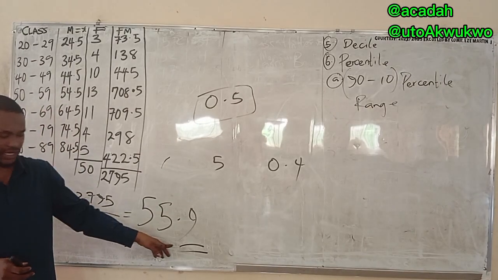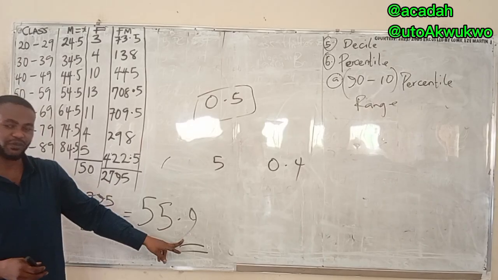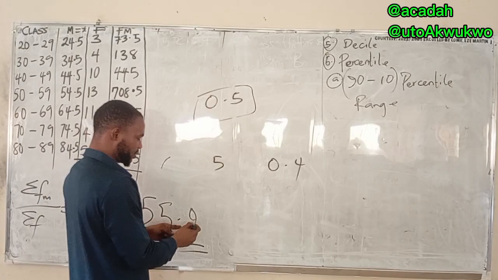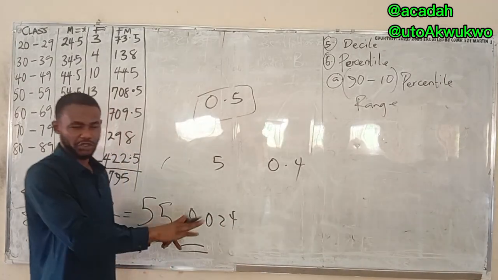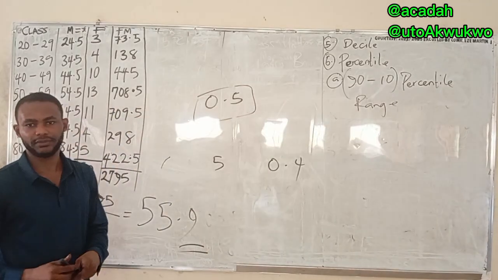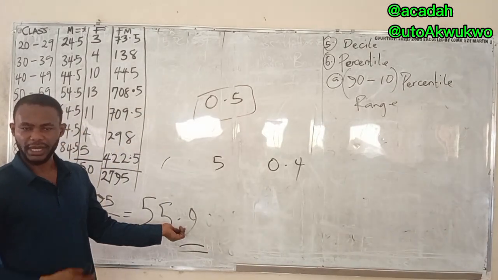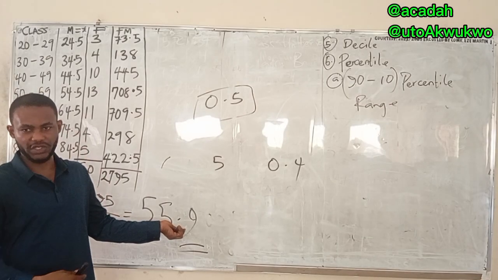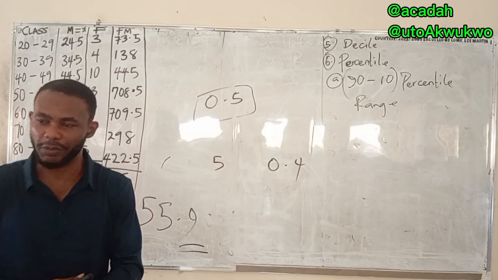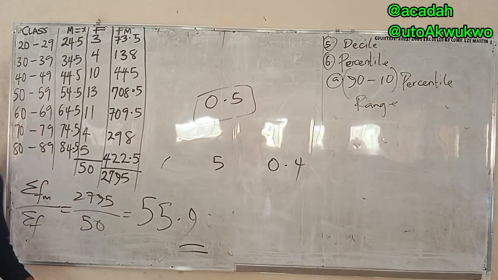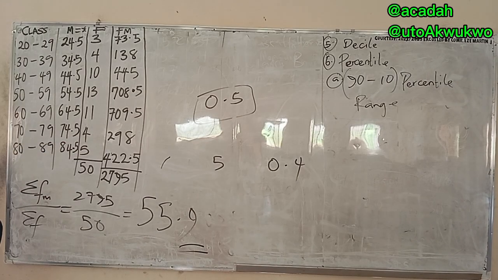So it has more accuracy, because the more decimal points, the more values you have after a decimal point means more accuracy. They will tell you, if I have, for example, 0.9024, using it to solve will be more accurate than someone that just solved using 0.9. So the more values you have after a decimal point, the more accurate your work is. So what it simply means is that when it's grouped, the tendency for accuracy is higher. That's just what I'm trying to say. So it's the same result, but the tendency for accuracy here is higher than when it's ungrouped. That's what it means.